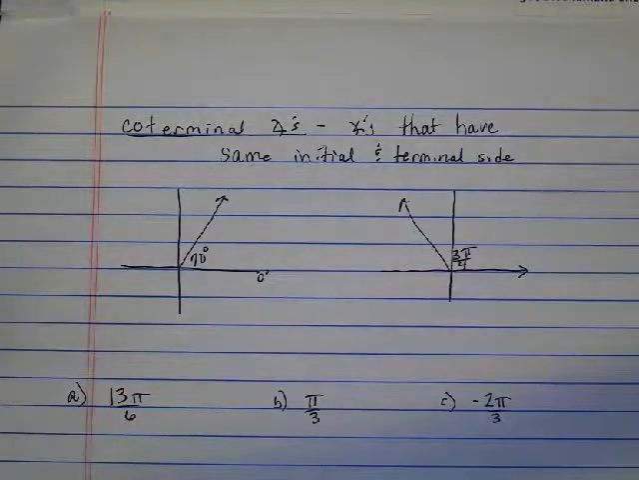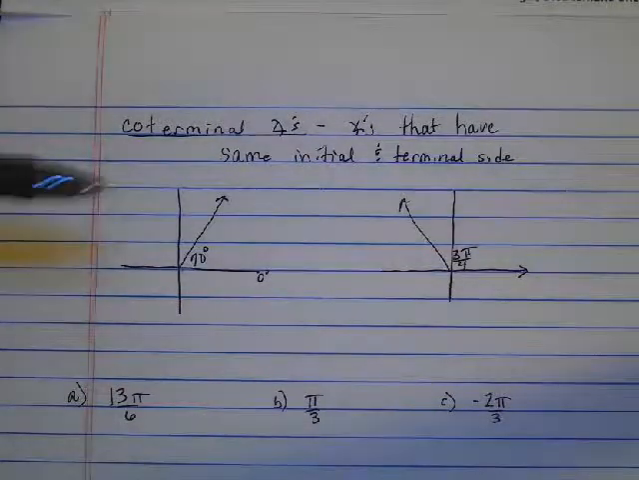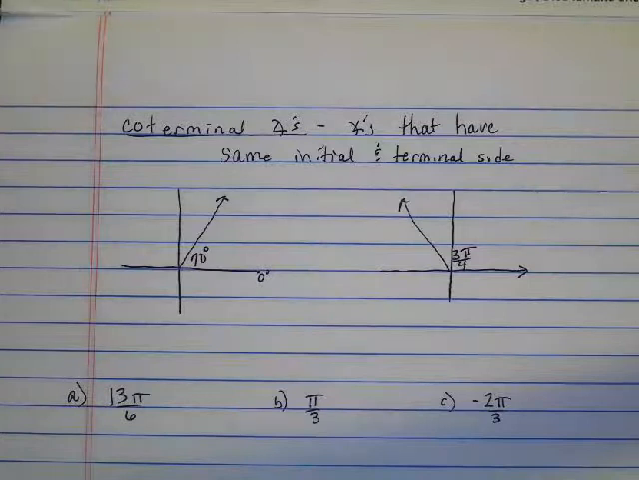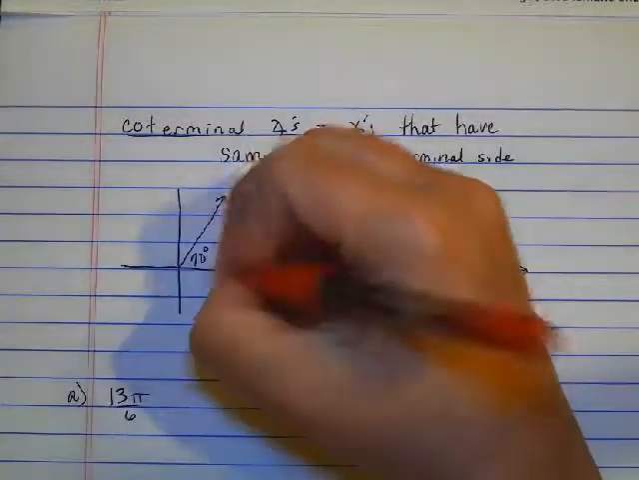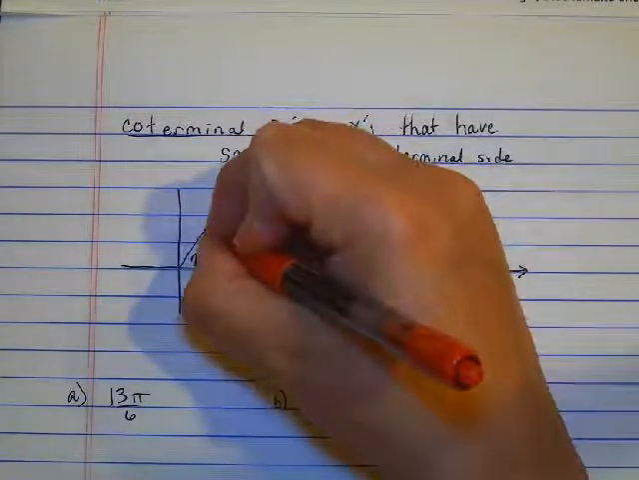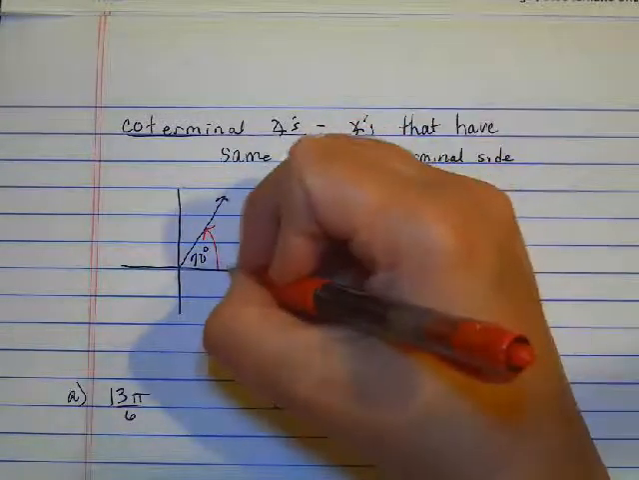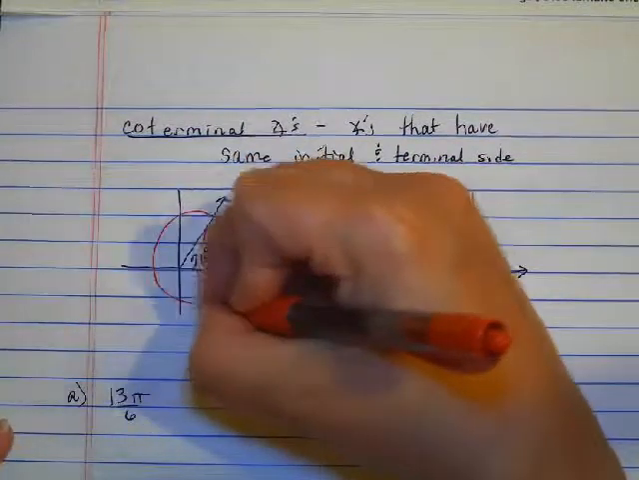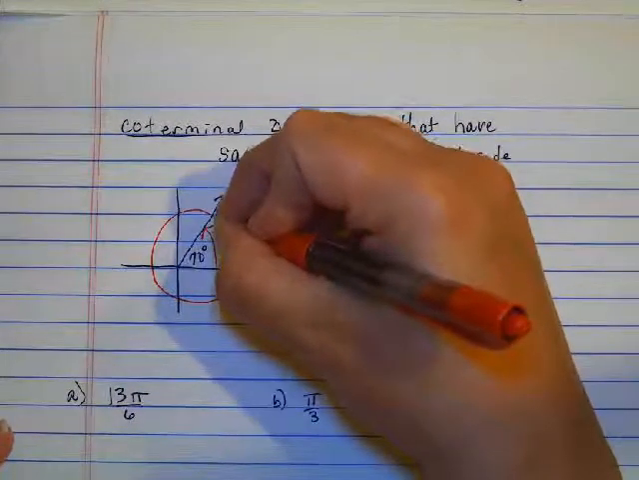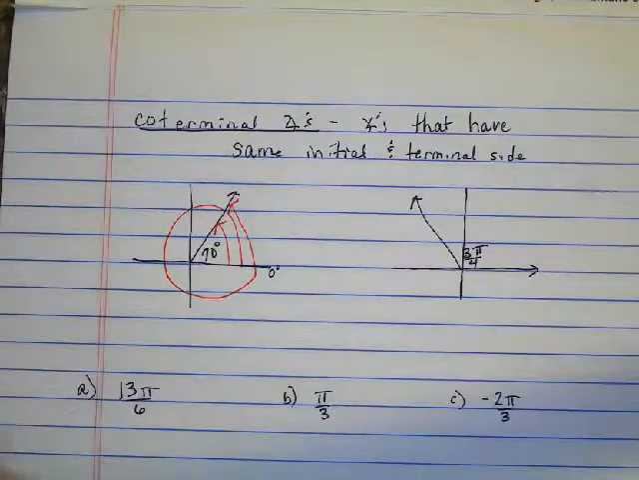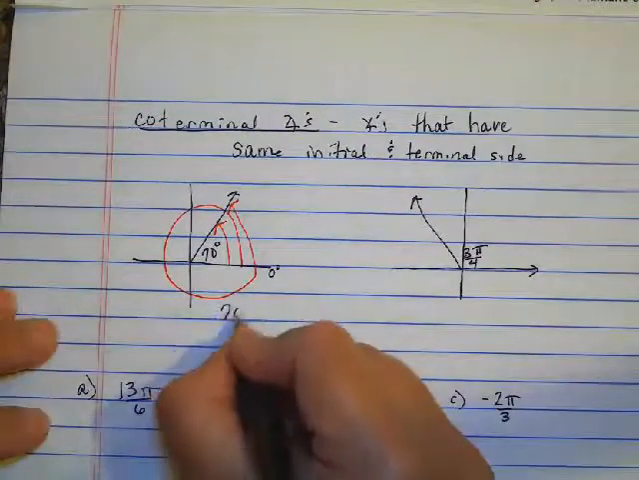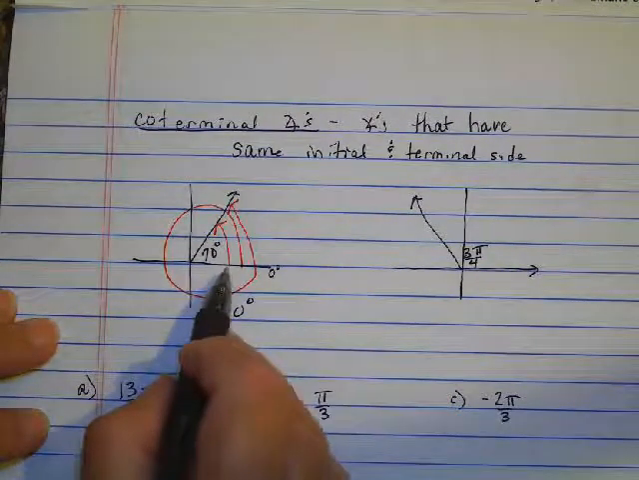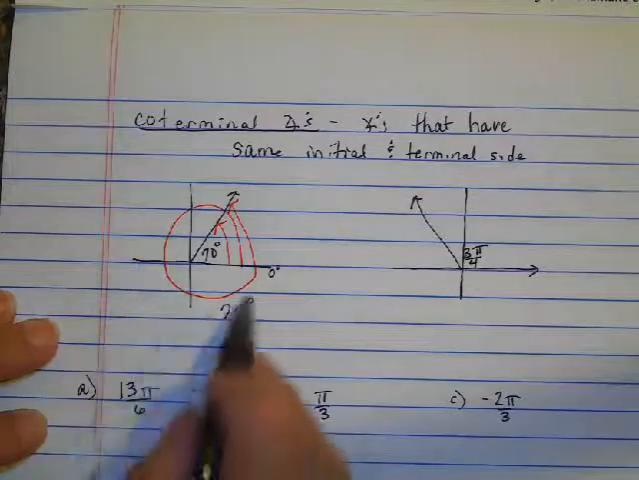A coterminal angle is an angle that has the same initial and terminal side. So this angle, 70 degrees, would be a coterminal angle to the angle that goes all the way around and comes back and ends at the same spot. So I could say that 70 degrees and 70 plus 1 complete rotation